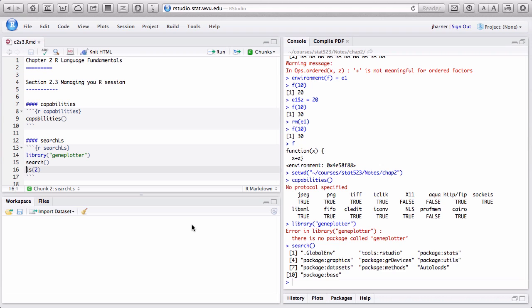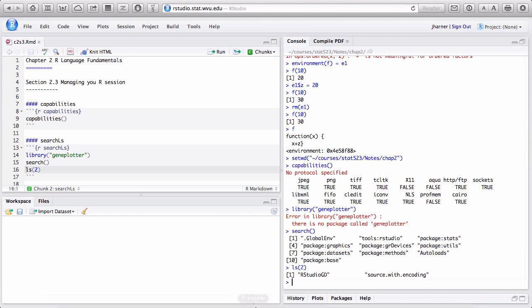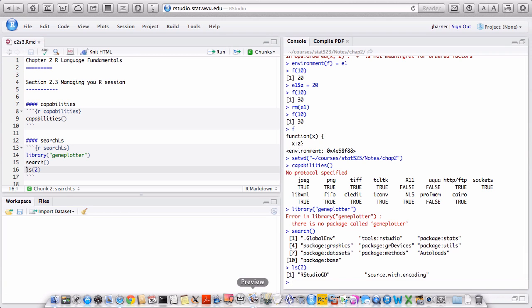Can I see what's in these packages? Well, you can use ls. So if I say ls of 2, then this actually shows me what's in RStudio's package, the tools. Okay, so that's showing me what's inside the second element. If I say ls of 3,